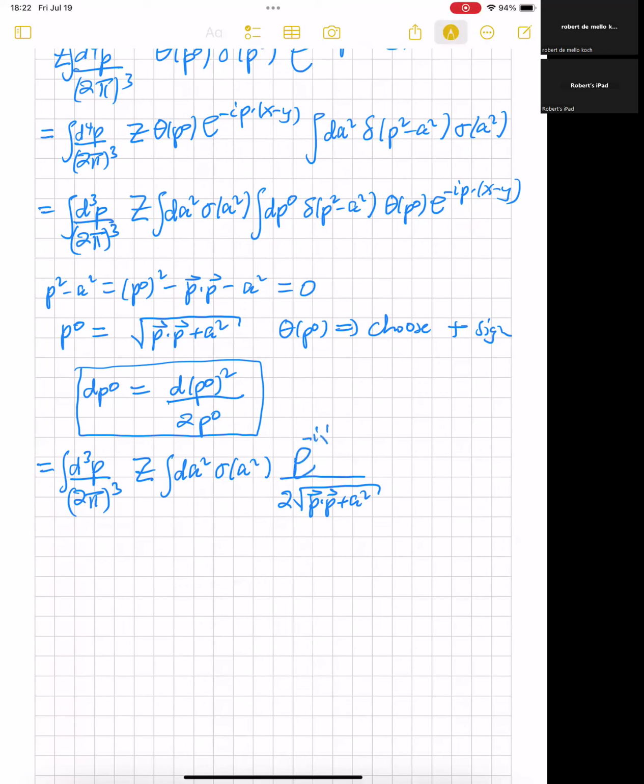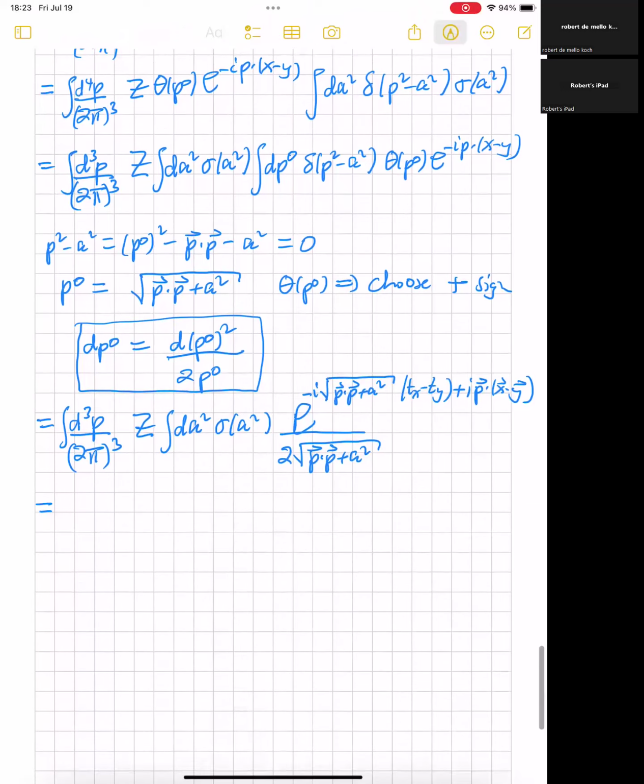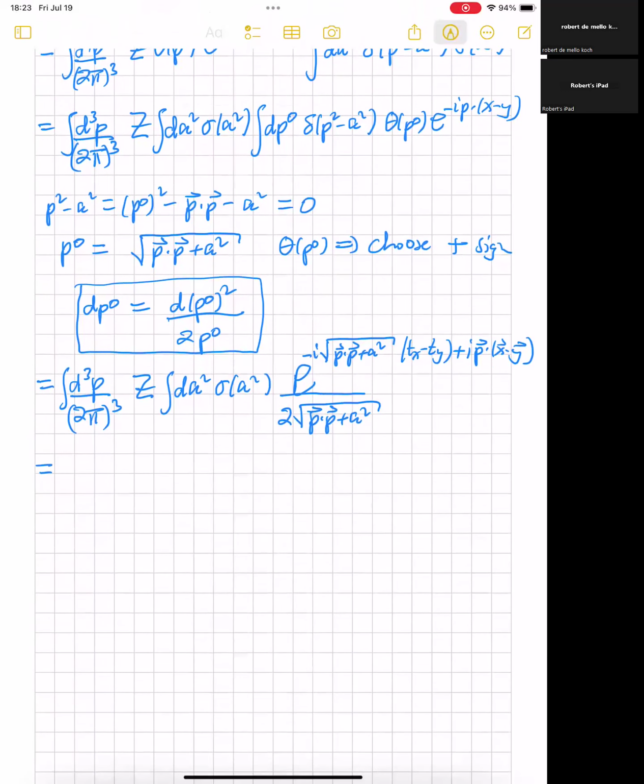It'll be e to the minus i, we no longer have p naught. We'll have p dot p plus A squared times Tx minus Ty, and then we'll have plus i p dot into x minus y. And I just want to rewrite this in a slightly different way as follows. I can write this as Z, that's just a constant. I can have an integral dA squared sigma of A squared. Then I will put integral